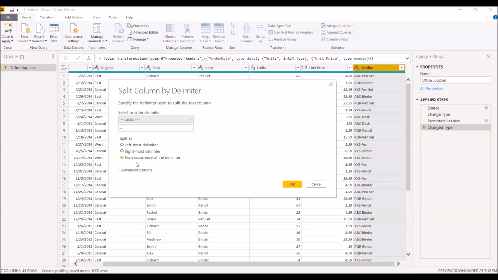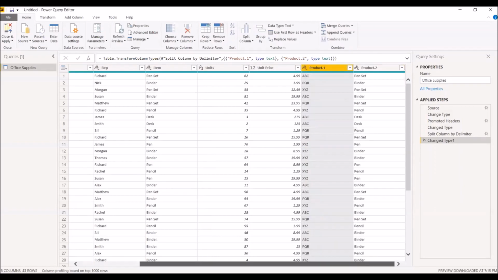Now it gives me various options. You want to split at the leftmost delimiter or the rightmost delimiter, or at every occurrence. Here I want the column to be split only when the first delimiter is encountered. So in this case, I'll choose leftmost delimiter and click on OK.